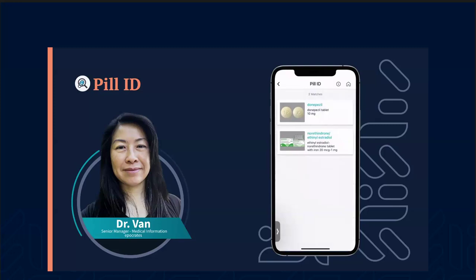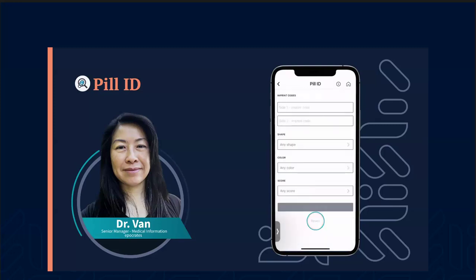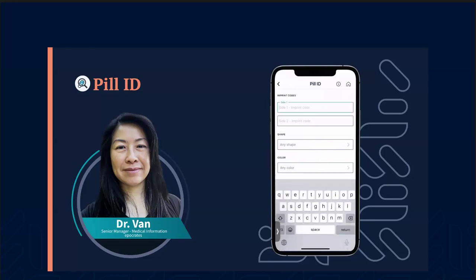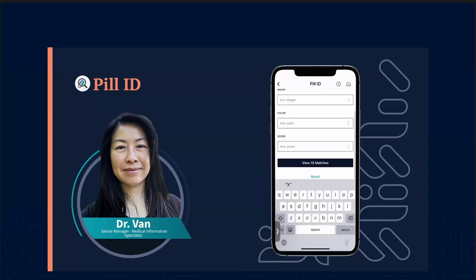Let's go back and reset, because now you're going to look at the second pill. Side 1 contains the number 20, so let's enter that in. And side 2 contains the letter X, but it looks like there's something else that you can't read. By entering these 2 imprint codes, you'll have 15 matches. So let's try to narrow it down further,